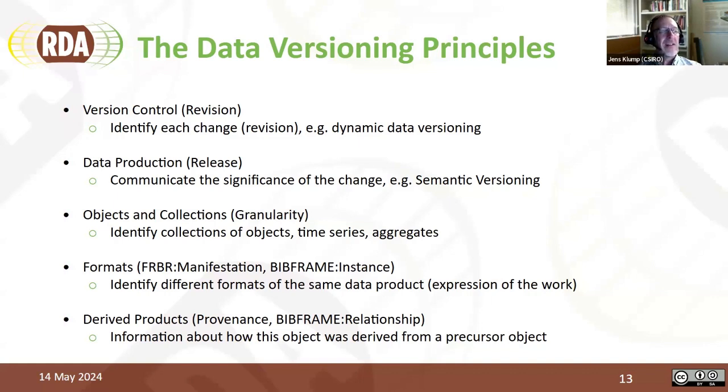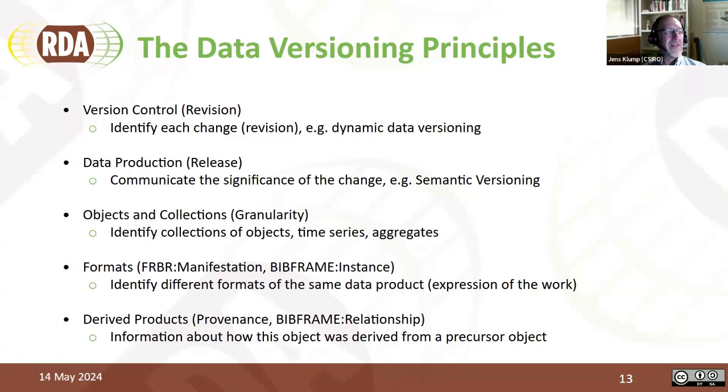But we also have to look at granularity because objects don't always come alone. They can come in collections or aggregations, time series. They can also come in different formats, and that's what Ferber calls manifestations. It's the same content, but in a different format.